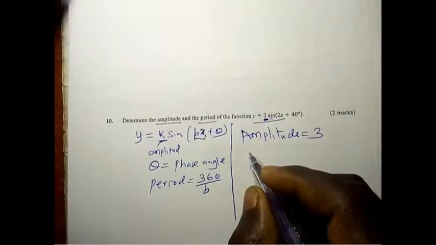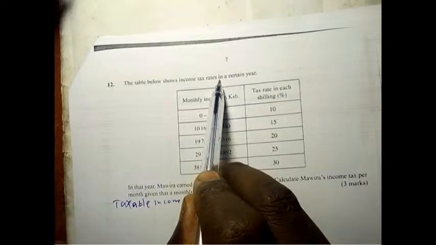The table below shows income tax rates in a certain year. In that year, Mawira earned a salary of Kenya shillings 41,000 per month. Calculate Mawira's income tax per month, given that the monthly tax relief is 1,000. na 41,000 is above, inamaanisha tunaenda tax 10, tuende hii slab na hii na mpaka hapa, alafu tutatoa na zile ziko excess above 38. So tunaanza na 1 2 3 4 first,